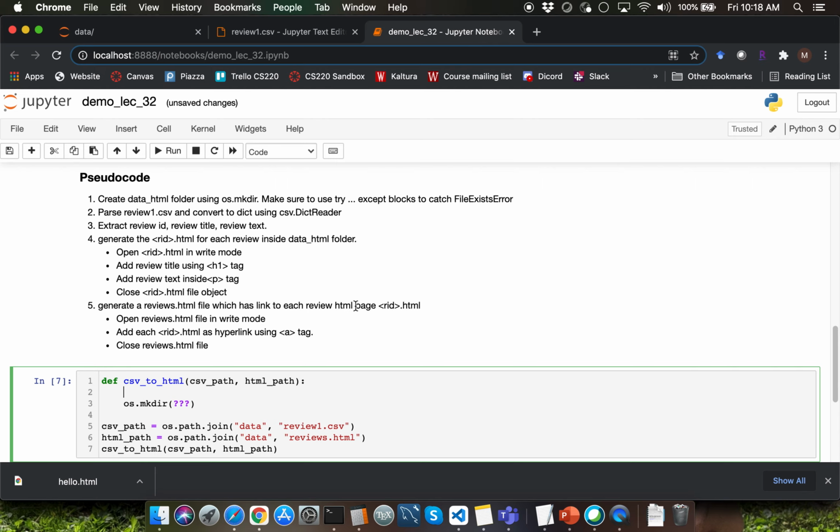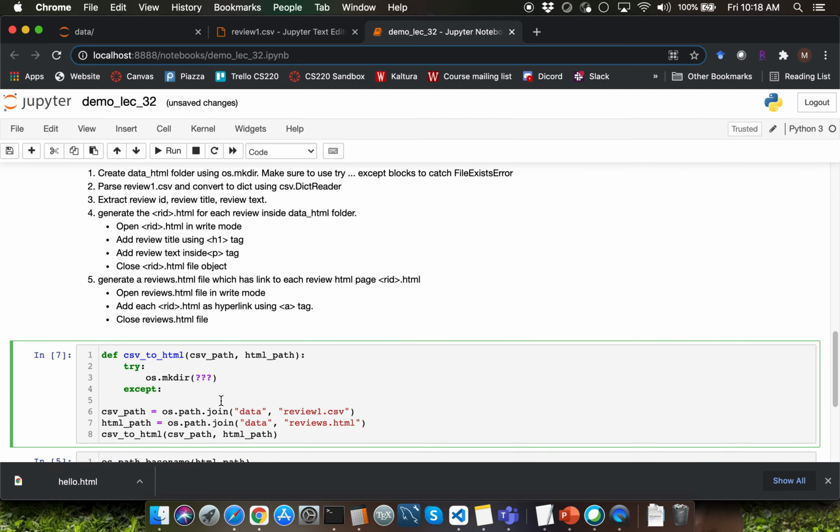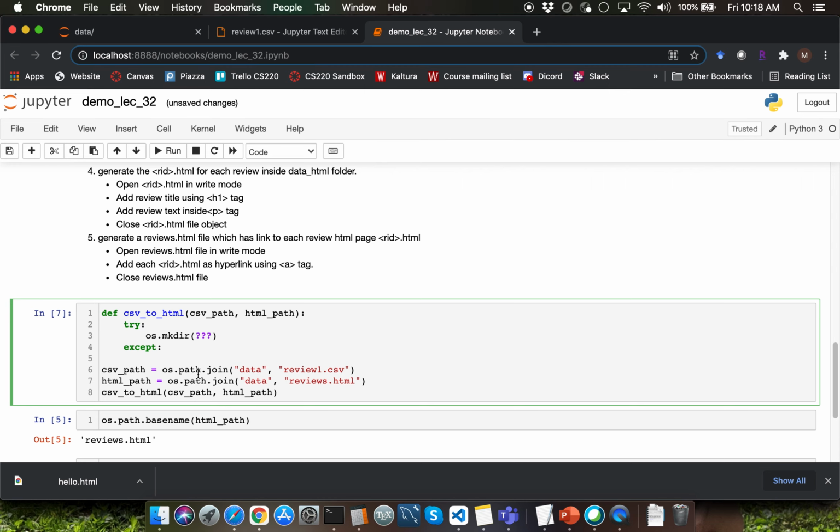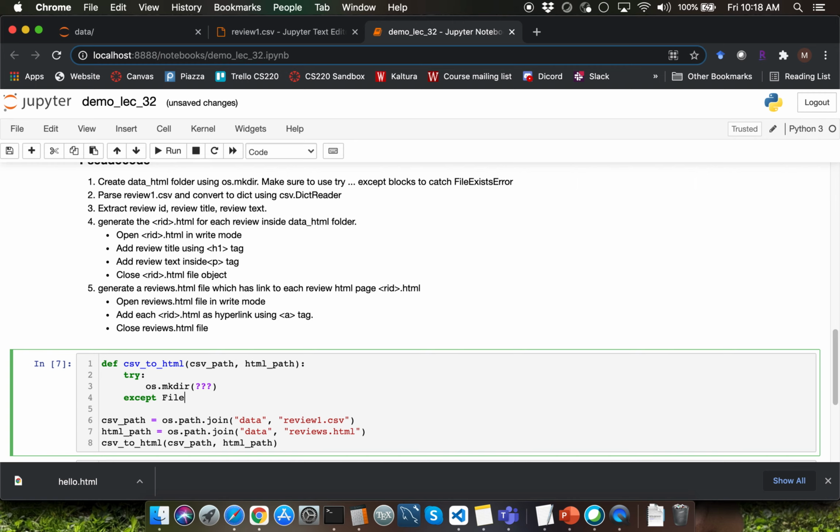One thing which you need to always make sure is whenever you're using the mkdir function call, you need to surround that by a try except block in order to handle FileExistsError, which indicates that the directory already exists. So I'm going to move my os.mkdir function call inside a try block, and the corresponding except block is going to capture FileExistsError.